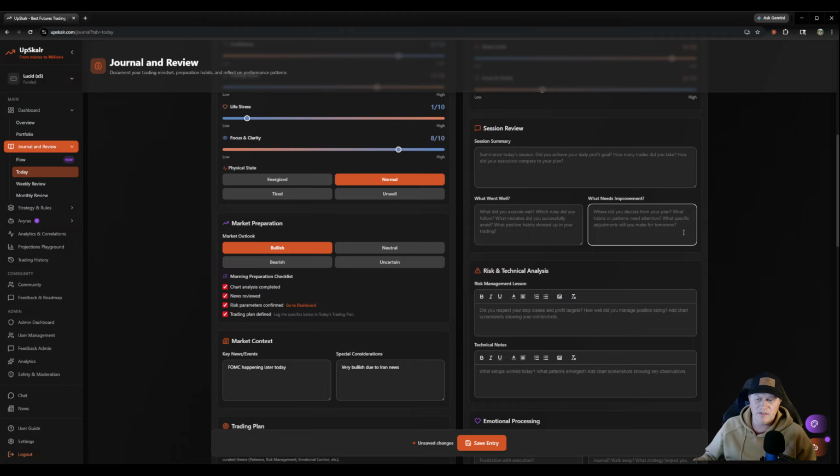Again, remember the Avyras system, the coach is going to be able to analyze this and help you improve. Your daily Avyras intel that you're going to get at the end of the trading day will look at your journal, right? It doesn't run until after 6 p.m. Eastern every day. And so you're going to be able to journal